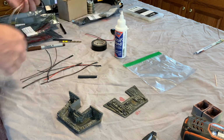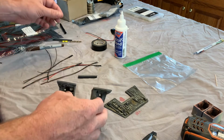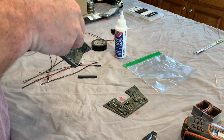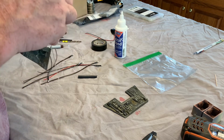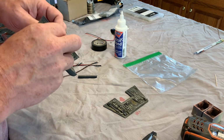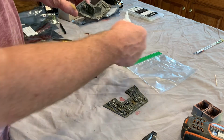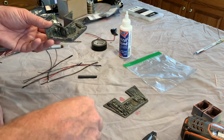All right, so I'm gonna put a bunch of these in all these little holes, and glue them. And what I wasn't doing in the beginning, and then found other people were doing it, just makes a whole lot more sense, is once I put them in, I'll glue them from behind. Okay, put a little dab of this PVA glue on the back so it stays in place. Let it dry. This takes 5 minutes to dry, and then